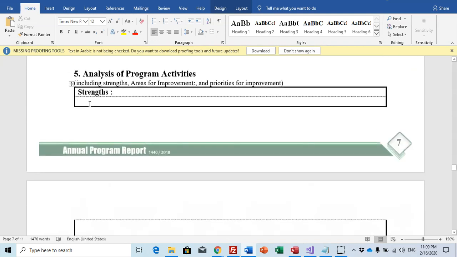For example, I organized, or most of my instructors participated in, three activities related to community.